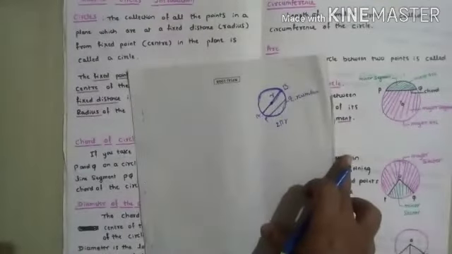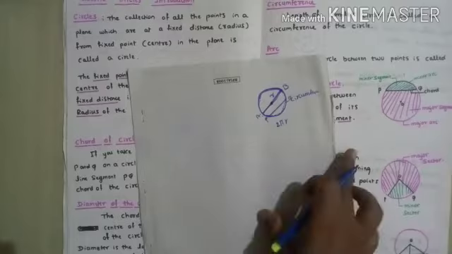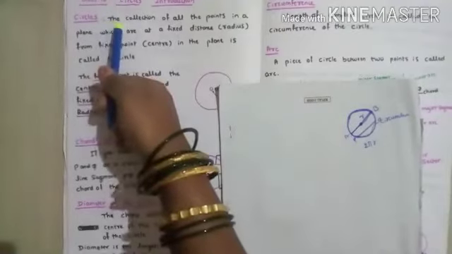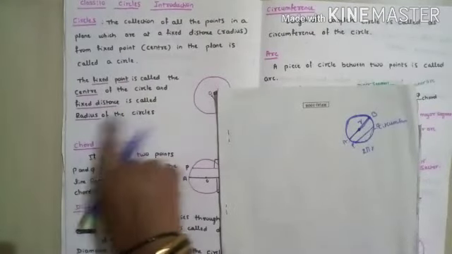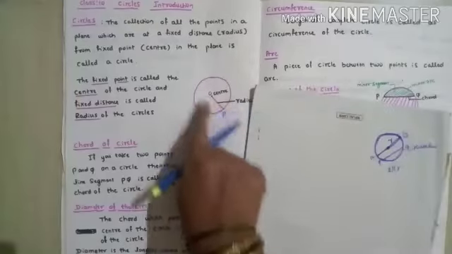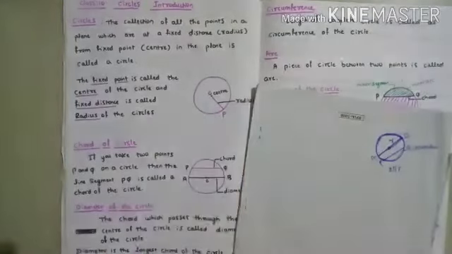And we will see all those definitions here, and this is the circle definition. Just you have to write from here. You should start writing the classwork. First you should write the definition of the circle, then the fixed point is called the center of the circle, and the fixed distance is called the radius of the circle, and you should draw this diagram like this. Only this you should write in the classwork.